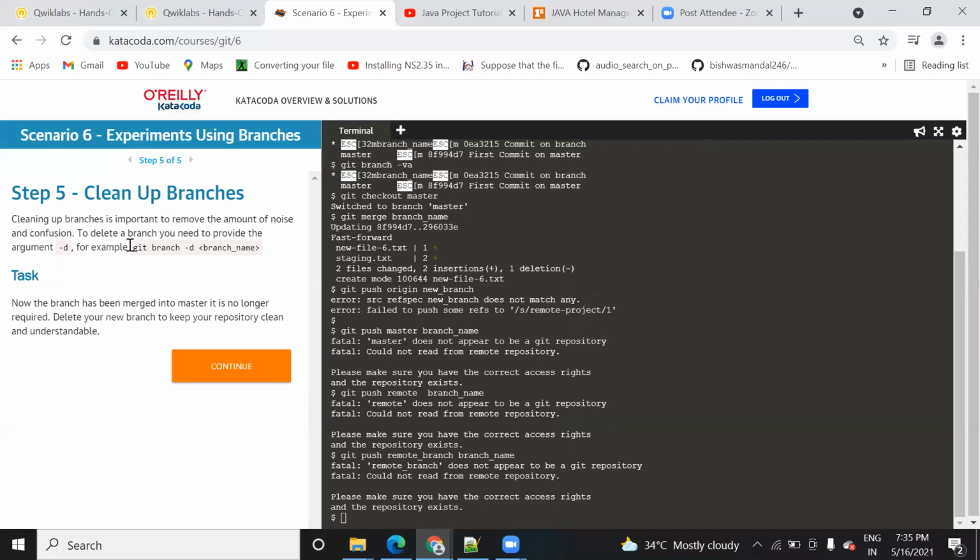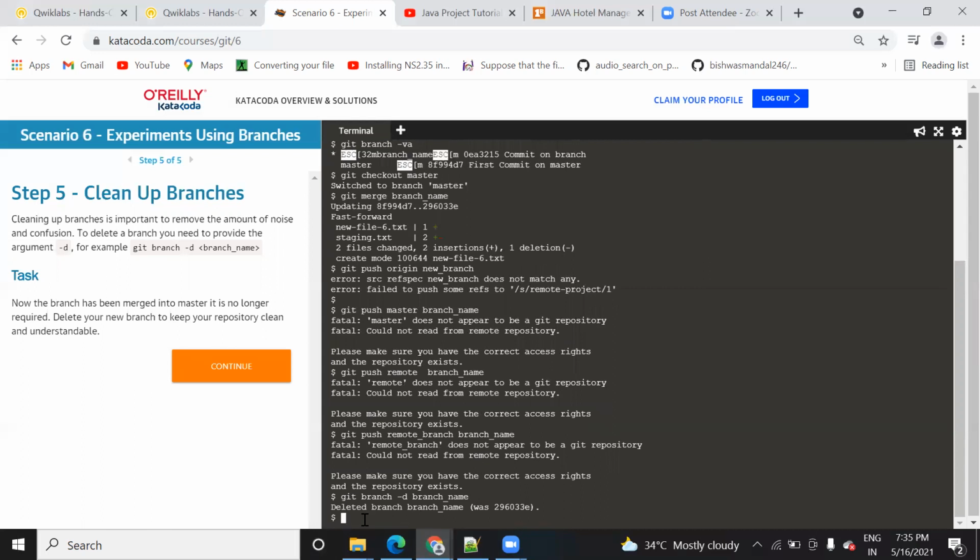In order to delete or clean them, you need to type git branch hyphen d, which is for removing those, and then the branch name. So I have given branch name as the name of my new branch. When I press enter, it deletes the branch. Now this branch does not exist anymore. So this command is used to delete a branch. In order to delete a branch you just need to use git branch hyphen d and the branch name.